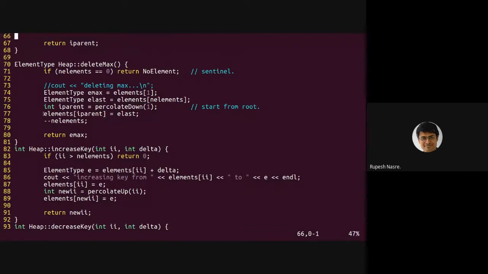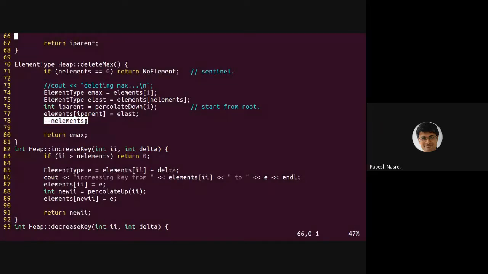So the elements of I parent, which is going to be returned by the percolate down of the root element, that position finally is going to be replaced by the last element. The last element is now duplicated in the array, but since it's the last element, I can just reduce the size of the array by 1 to discard that last element.